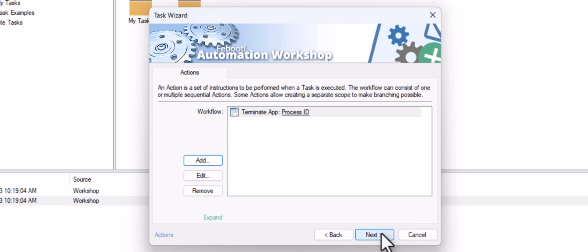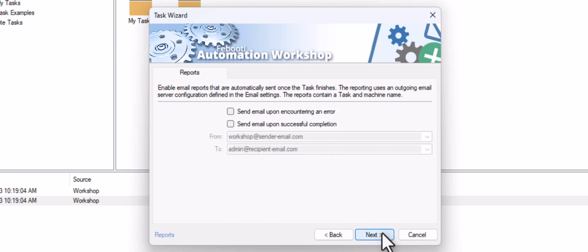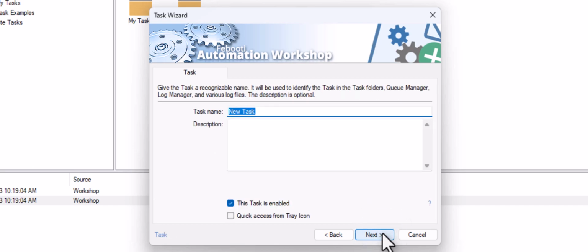We have created a very simple workflow that consists of one trigger and one action. Adjust additional task settings as necessary. And for the final step, give this task a recognizable name.